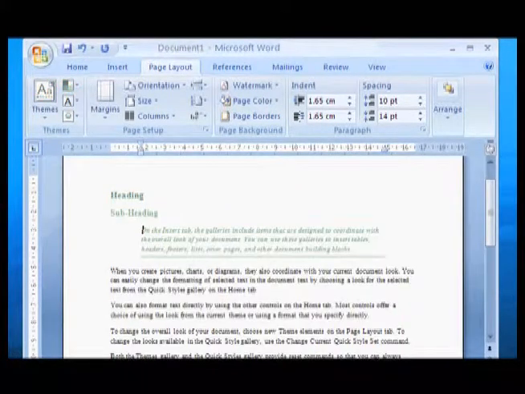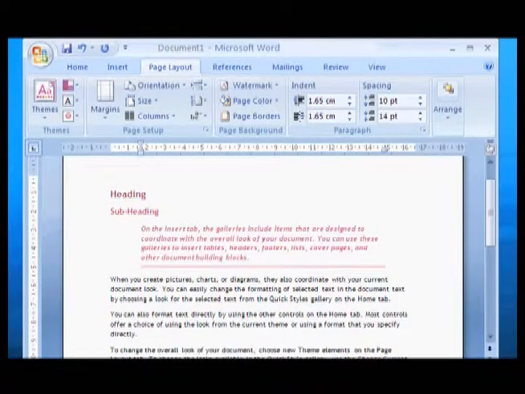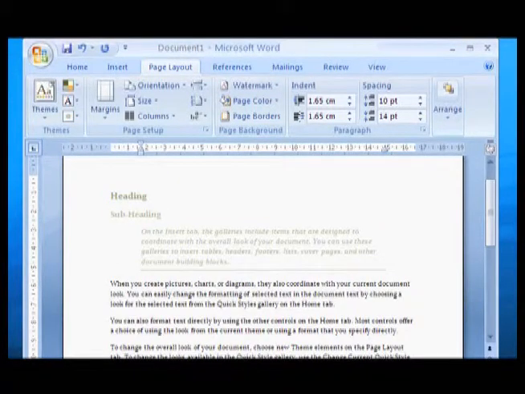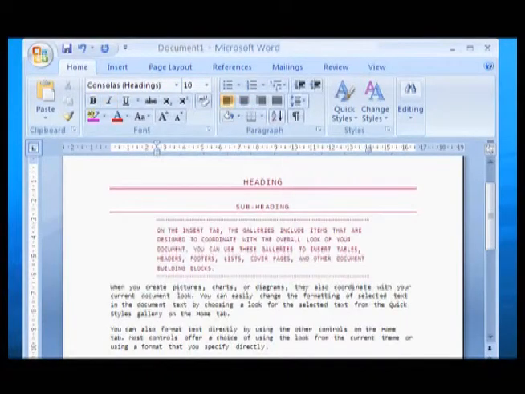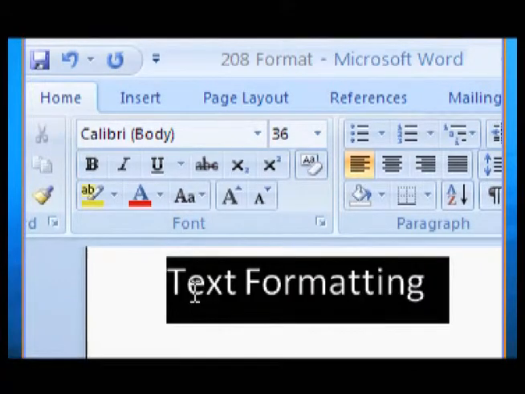You'll need to play around with themes and quick styles a bit to get the hang of them. But on the bright side, by using different themes and quick styles, you can easily create a unique but unified look for your document. Whether or not you choose to use styles or themes, you can still apply standard formatting